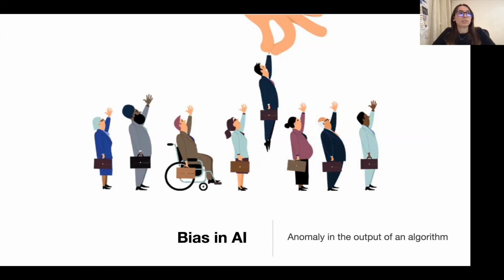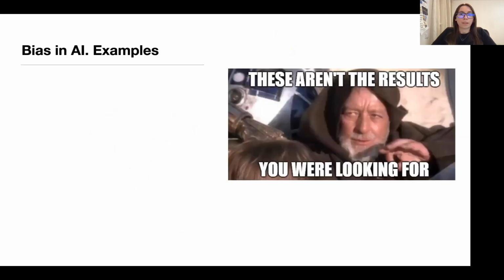And by that, it doesn't mean that the algorithm itself is faulty. The problems could be at different stages of how we develop the algorithm, what kind of data we use, and so on. There are a lot of aspects to consider while building models. Let's discuss a little bit what the examples of bias in AI are, so we could understand it